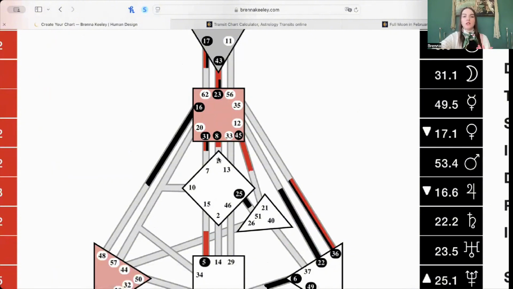And Gate 31, as you notice, also sits in the throat center, right? It's the gate of influence. It's having influence on people and noticing, with the Leo full moon in mind, where can we let go of the ways that we've tried to exert our influence or be influential on the wrong people in the wrong ways, rather than, okay, who are the people that we want to influence, that we want to grow with, right? That we want to speak with, that we want to have influence on in order to help them in some